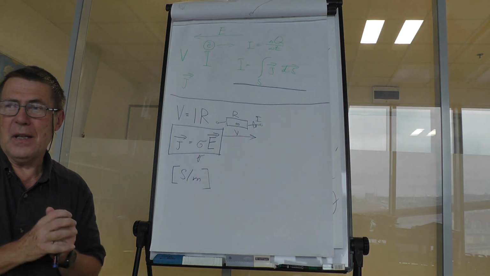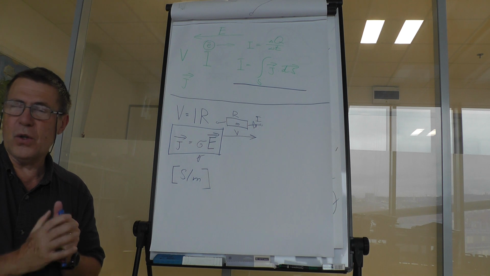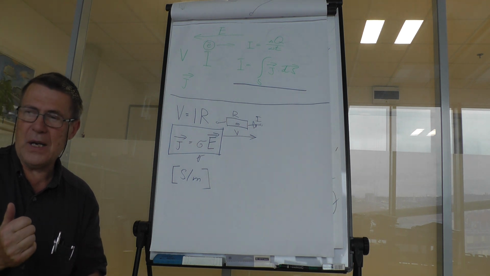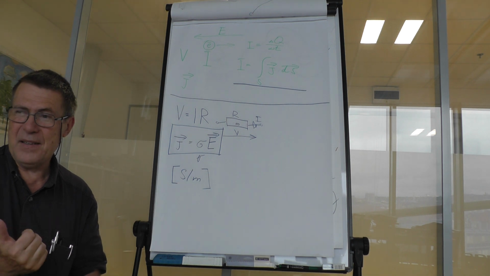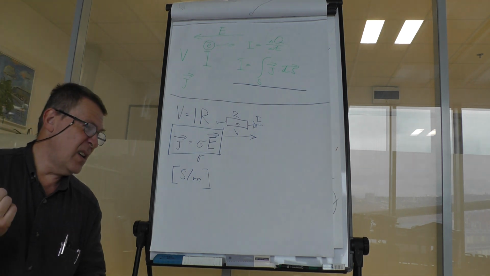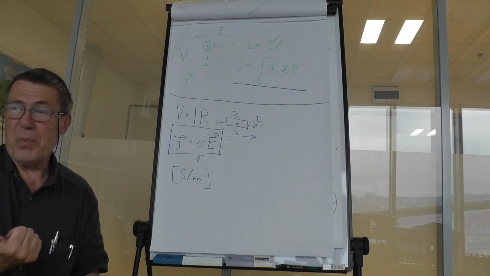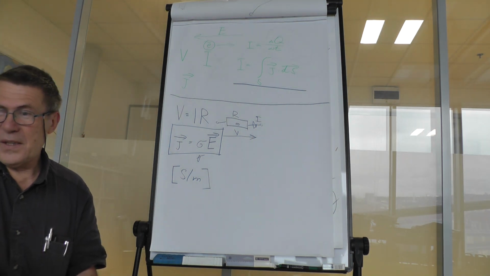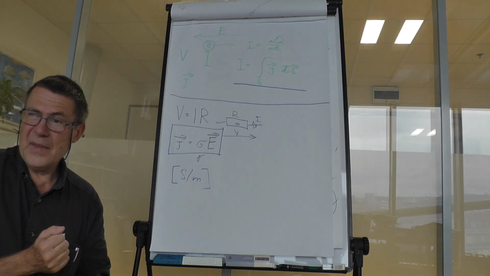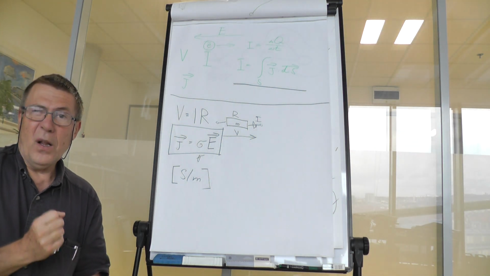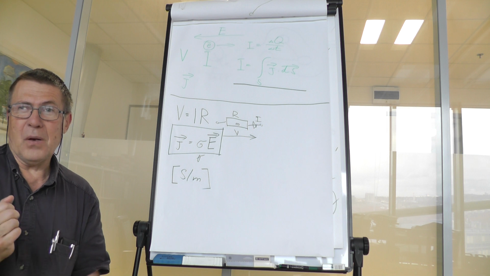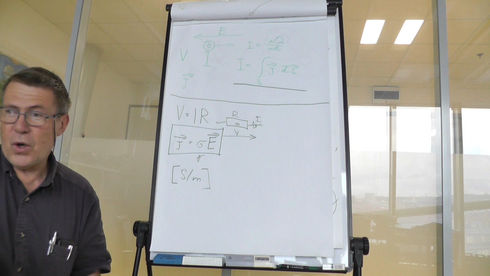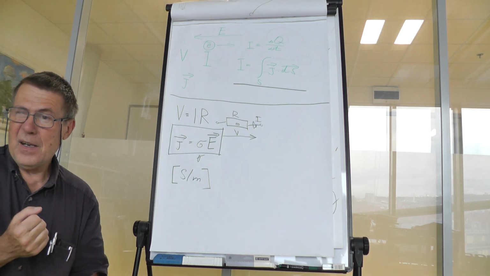We have a kind of materials that is called conductors. Mostly you can count as conductors metals like iron, copper, aluminium, gold, silver. You can also count as conductors a lot of organic materials like, for example, coal, carbon,